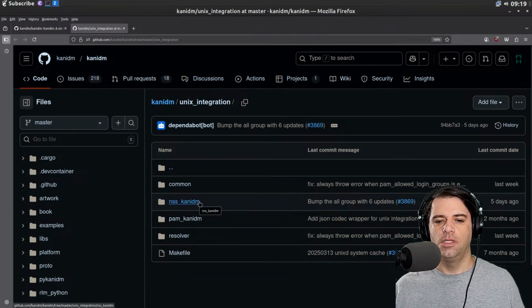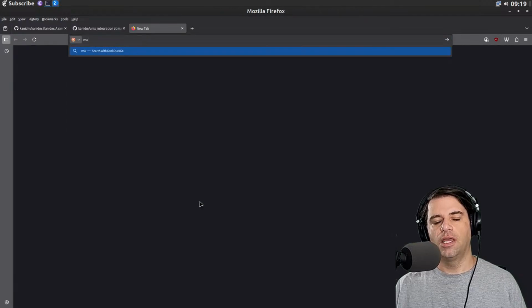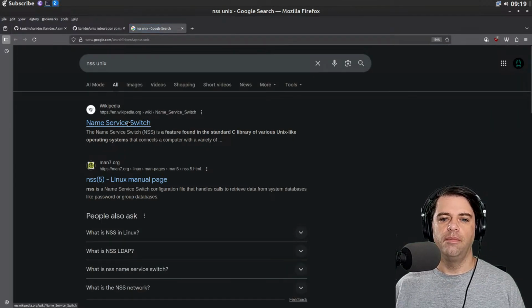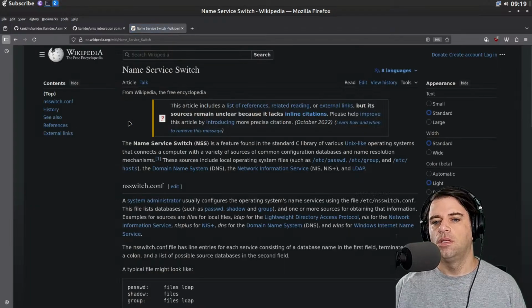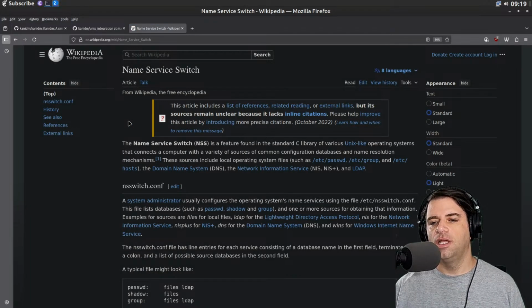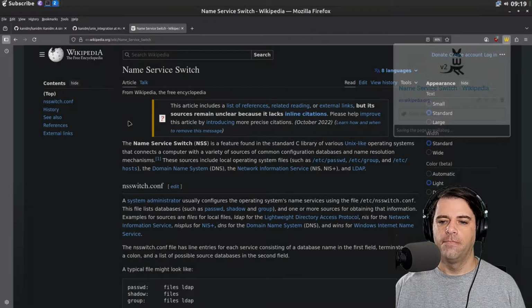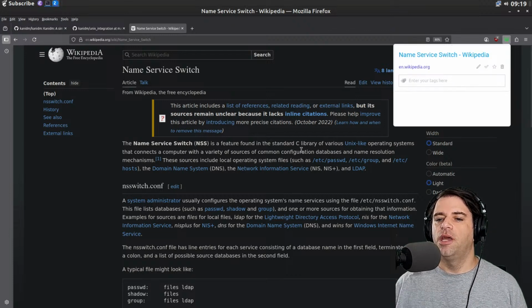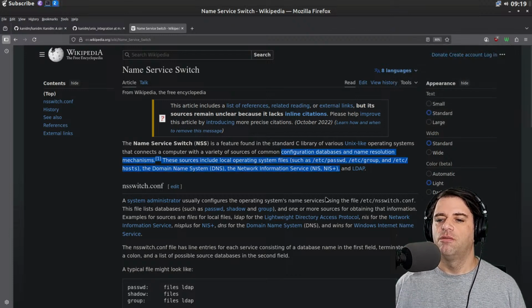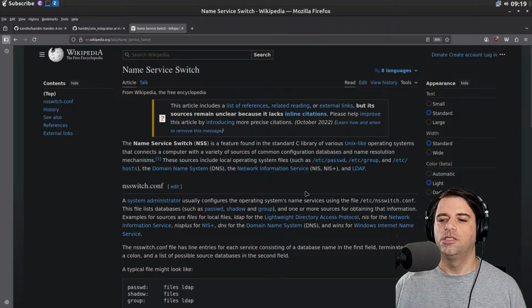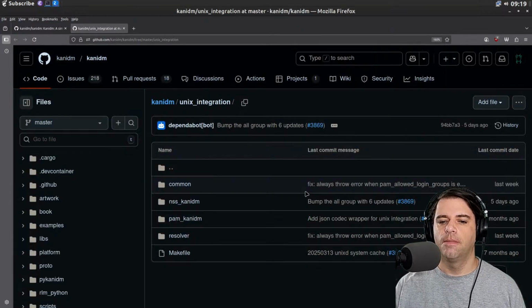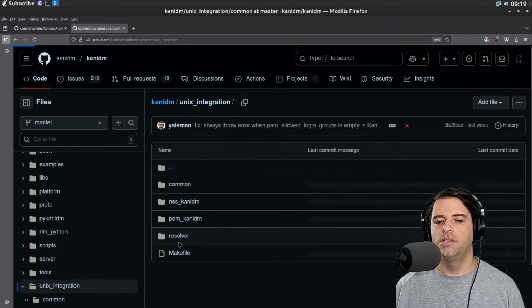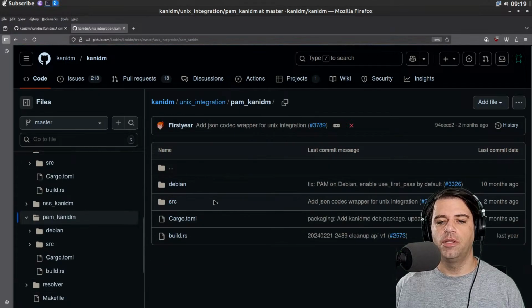NSS, is that for a log again? That's name service switch, a feature found in the standard C library of Unix-like systems. This is for declaring where you get things like usernames from, like password or etc group, or DNS. And then PAM is the pluggable authentication in Unix.